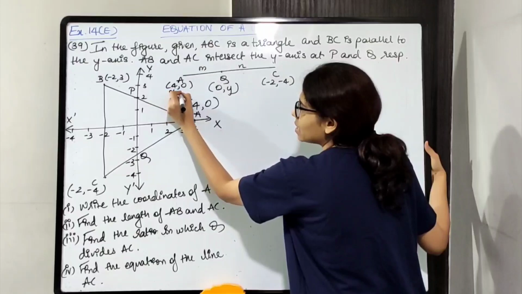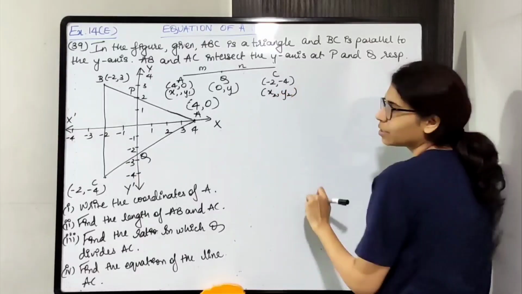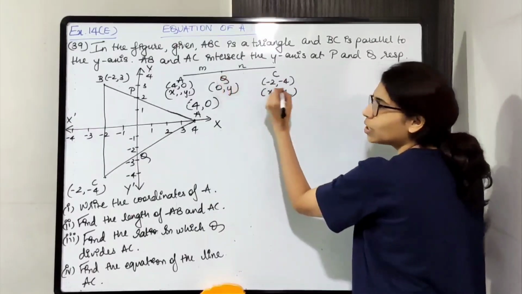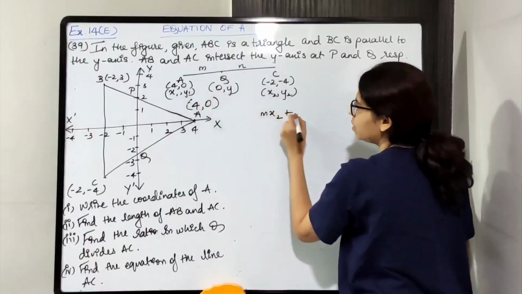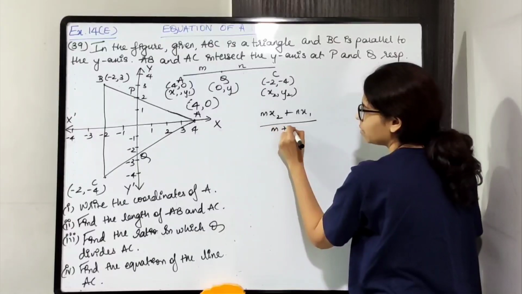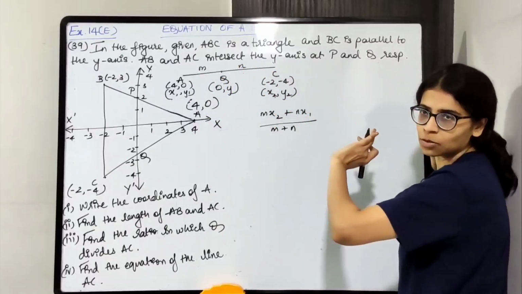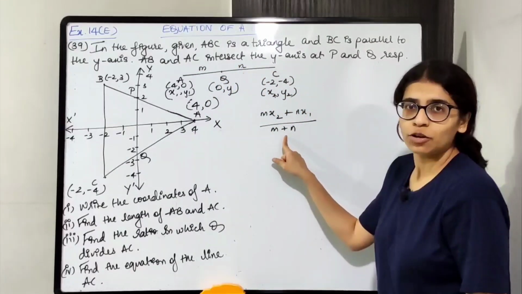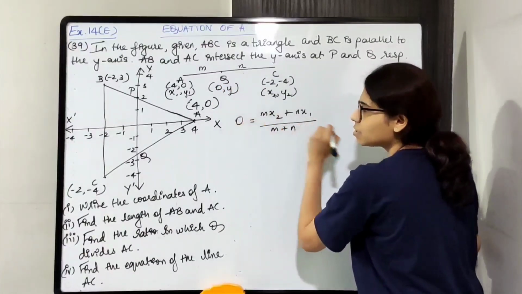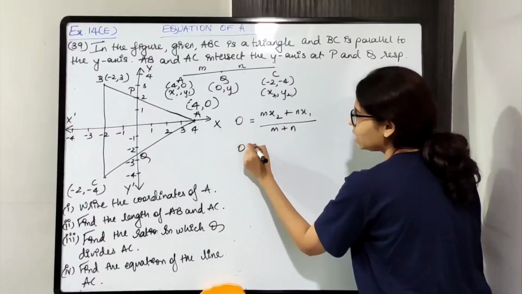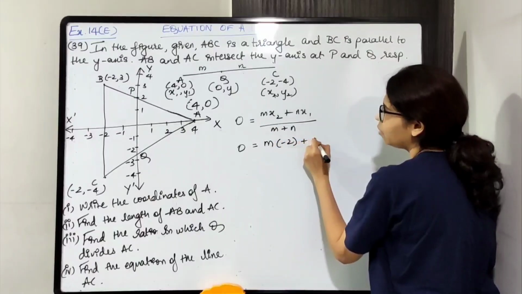Take coordinates of A as x1, y1 and coordinates of C as x2, y2. So by section formula, what will the x coordinate of Q be? mx2 plus nx1 upon m plus n, right? Cross and then add m and n. Okay, so this will be the x coordinate of Q, but we know x coordinate of Q is 0, so 0 is equal to this. Okay, so 0 is equal to m into x2 is -2 and n into x1 is 4